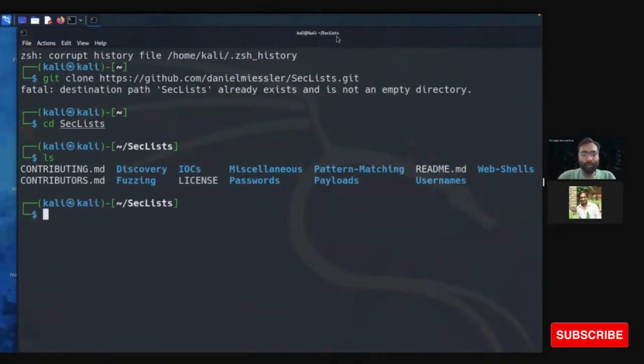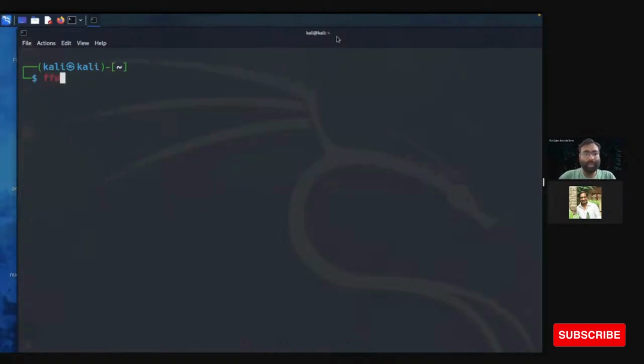To do that, go back and clear the terminal, and use FFUF. This is our file. Use the domain you want to find vulnerabilities on, in our case salesforce.com, and then give the word list.